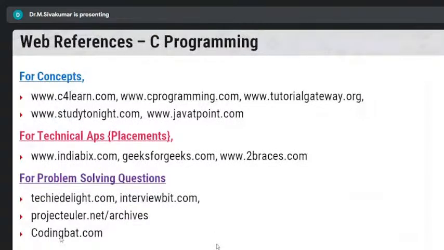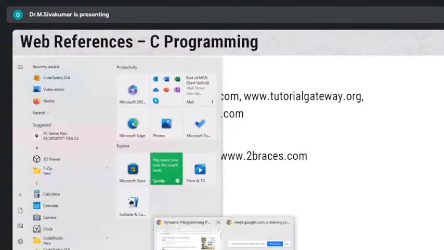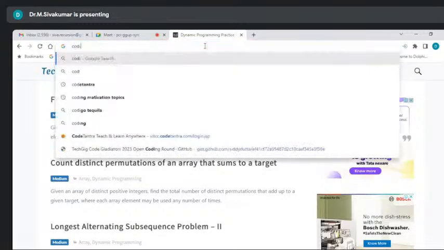And additionally, we have CodingBat. Given this one, just think about it. If I want to work on any questions like strings, arrays or recursion, I can search in CodingBat. In this particular website, so many questions are there for the students to practice. If my favorite topic is recursion, if I'm going with codingbat.com here, for example,